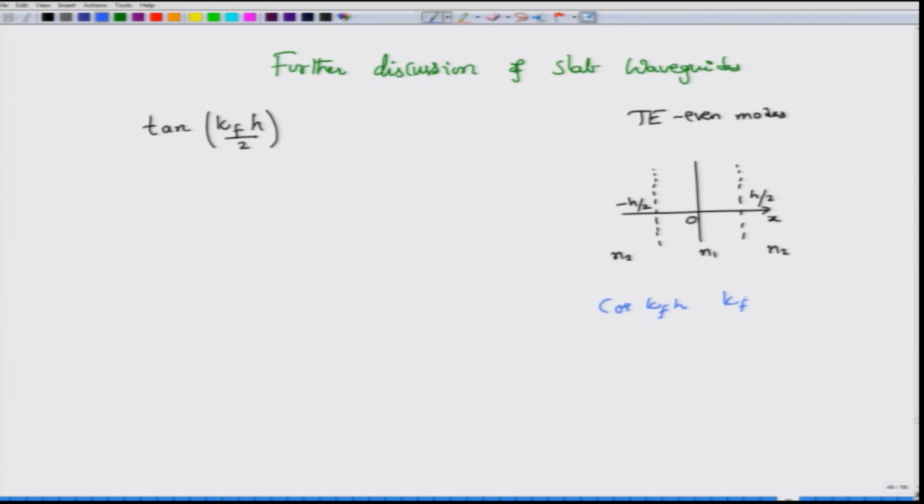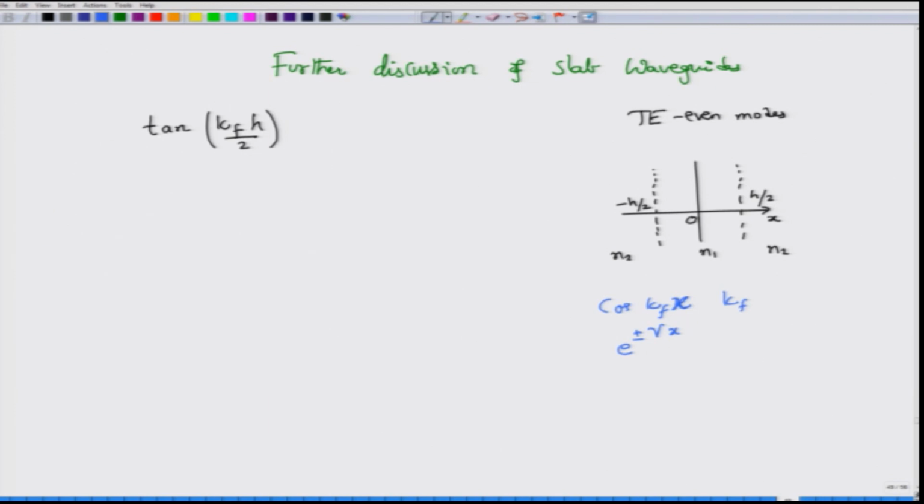So, we need to solve this equation to find out kappa f, but once you find kappa f, then it is possible for you to sketch these modes, right. This is not kappa f h, this is kappa f x inside the film, and outside the film, or that is outside the slab, you have decaying modes, right. So, you have either e power plus gamma x, which would of course decay outside or in the cover region, because x is positive in that region. You will have e power minus gamma x for that one, and you have e power plus gamma x for x less than minus h by 2, which essentially is the substrate.